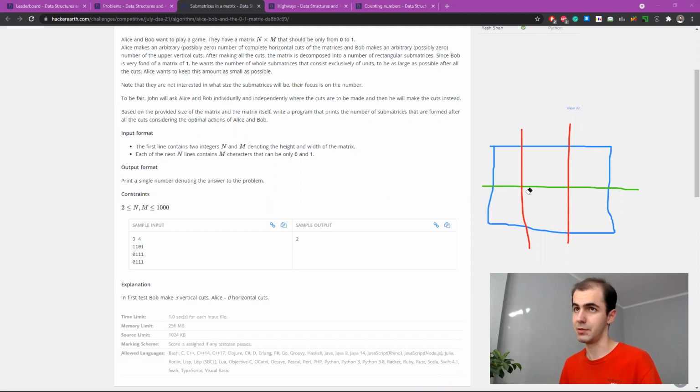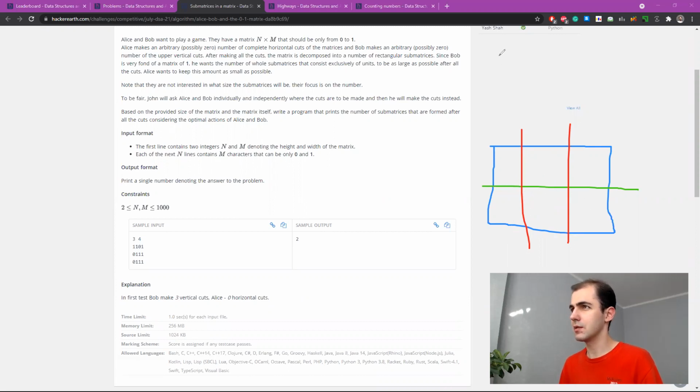Because all the matrices are submatrices of something larger. Therefore, it is not possible that a small matrix has at least one zero in it, but the large matrix is all ones, right? Because that would imply that this zero is also a one.